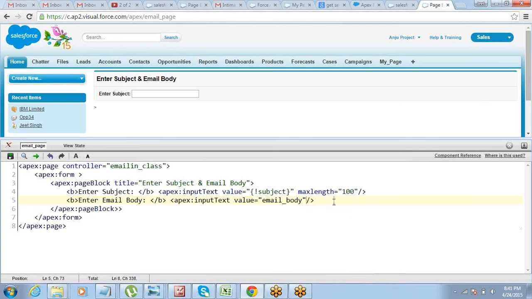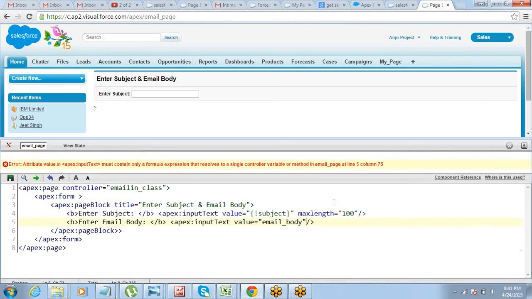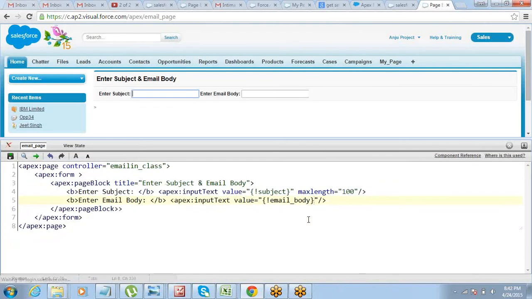Okay, let's not have any max length for the body. Let's have a line break here.